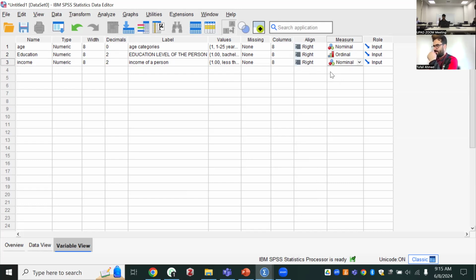We use ordinal when we have a certain order in our variables. Order means certain ranks. Bachelor level degree, master's level degree, PhD level degree, ranking exists. Likert scale data is also a kind of rank, I told you. Highly disagree, agree, highly agree, ranking. Then we use ordinal. In normal categories, we use nominal. In case of continuous variables, for example temperature, which could be 42.3, 42.4, then we use scale. Only three. Okay.